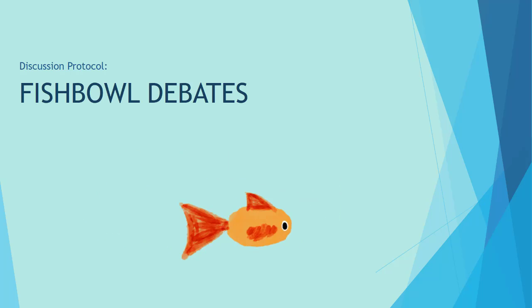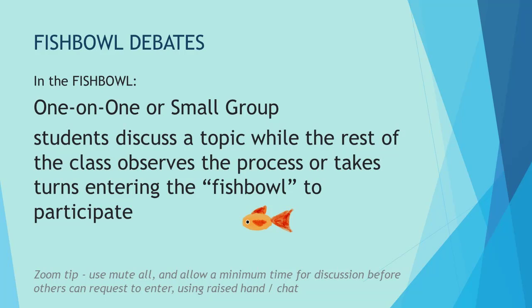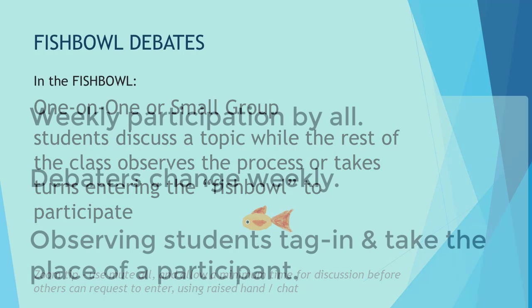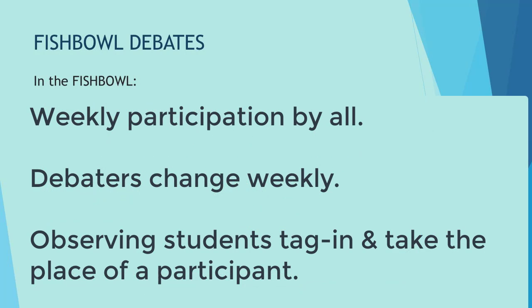So first up we have fishbowl debates, and this is basically a smaller group of students discusses or debates a topic while the rest of the class observes the process, or they can actually take turns entering the fishbowl to participate. An online debate can be set up between two teams to argue a subject that's up for discussion. It's a useful way to allow for weekly participation by all learners in the course, and the pairs or teams will change weekly. Observers can elect to tap in or tag in and take the place of one of the debate